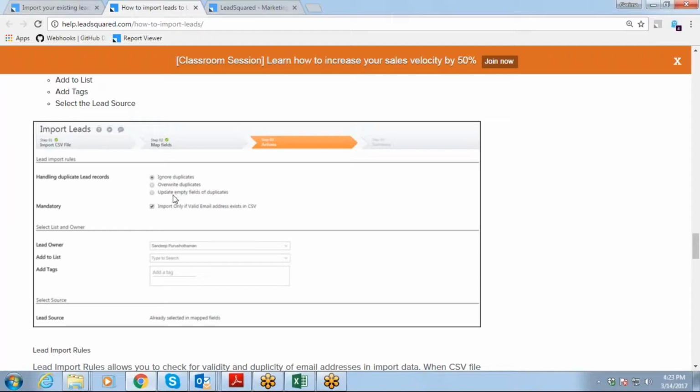So we have these options. Always remember, please keep check on them. Else, whenever you face any errors, just keep check on these. You must be having some duplicate values or any stuff. Just try to ignore or override those duplicates, right? One more thing is that sometimes these email IDs are invalid.